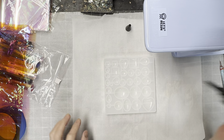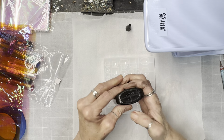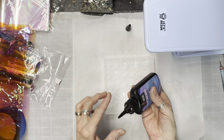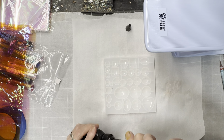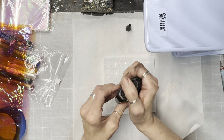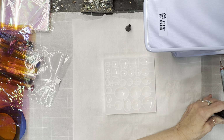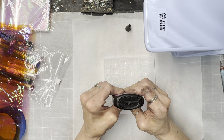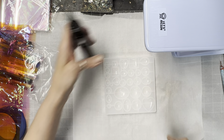So let's do, we'll do this round one. Oh. Why is this not wanting to come out? I don't know. It usually comes out way easier than that. Because there were a little dry bitsy bits in there. Oh well. I guess I'm going to have to look into that cover because,